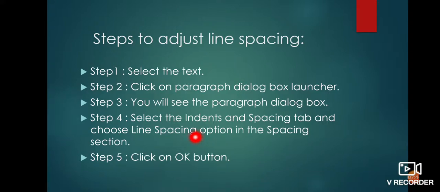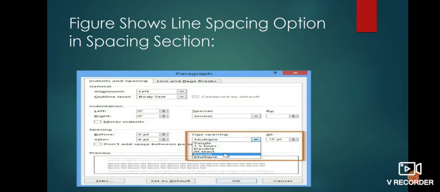The values that you have given, the same values, same points will be adjusted between two lines. I'll show you this. See, this is the paragraph dialog box. You can see this is paragraph. That means it's a paragraph dialog box. Under this, you have to click on this tab, that is indent and spacing. In indent and spacing section, you have to go to spacing part. This is the spacing part. You can see here spacing. Under this, you will be getting line spacing. This brown color box is line spacing.